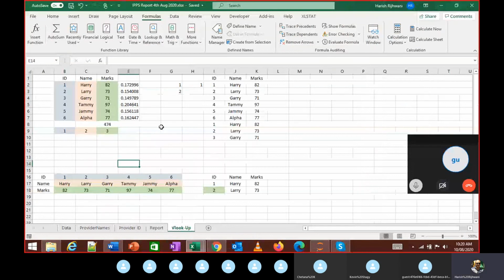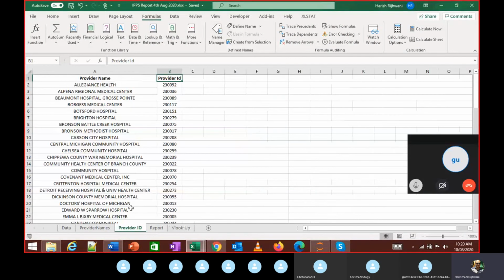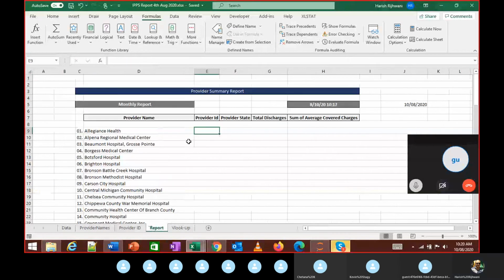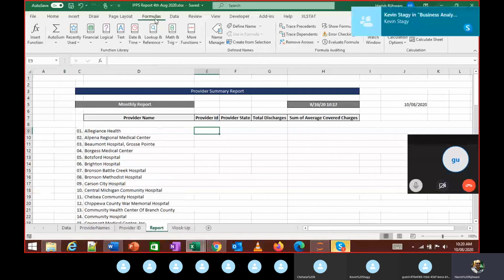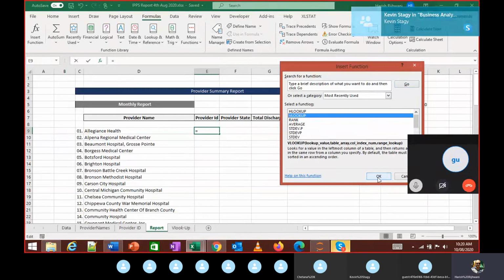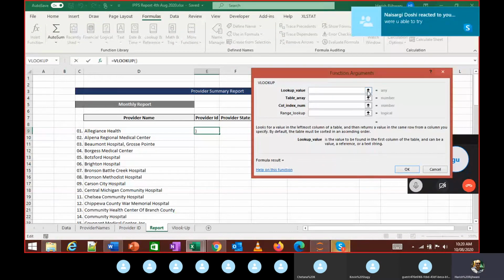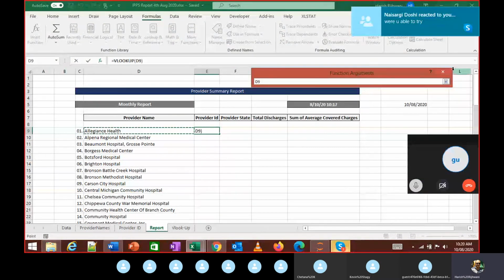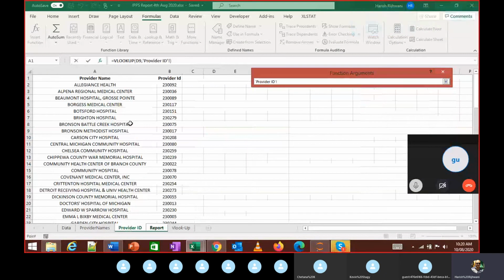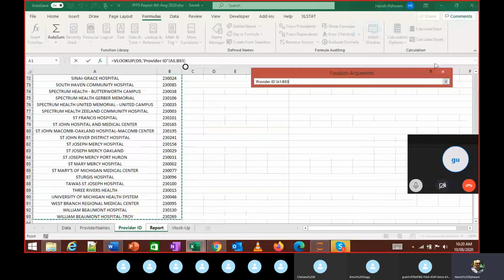So like we did this VLOOKUP, we need to look up the value for provider ID. What is important, like I said, is that the name has to be in the left hand side column. So here when I do this VLOOKUP, the lookup value is the provider name. The table array is in another tab, so I need to select that tab.